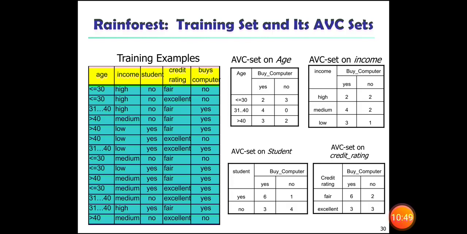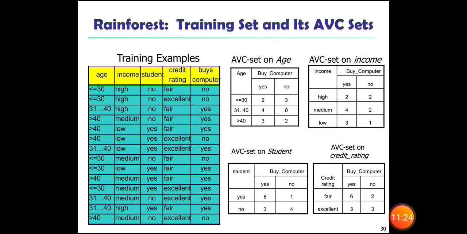If the income is medium, then obviously the possibility of buying a computer will be higher than no. So for medium income, the buys computer yes status is 4 and no status is 2. And if it is low income, then buys computer yes is 3 and buys computer no status is 1.